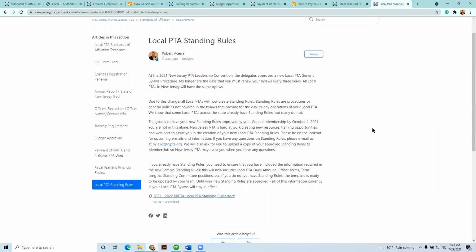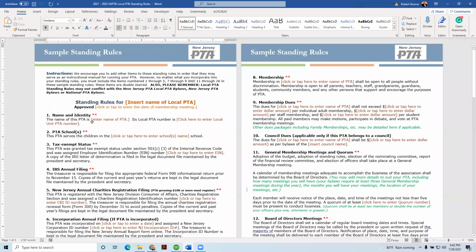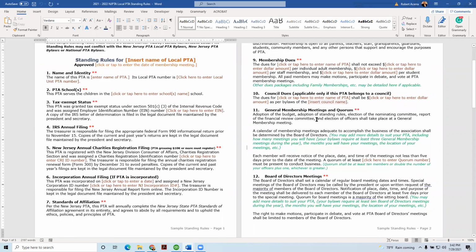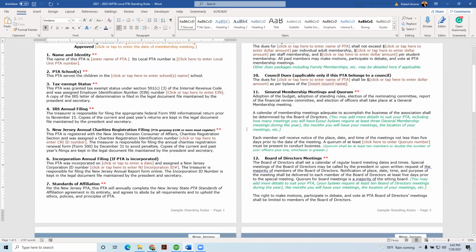can now be completed to ensure that you've included information as required by New Jersey PTA. New Jersey PTA has put together a sample standing rules with double-starred items. Take a look at this Word document and fill in the blanks. Most of these blanks can be filled in from what is now in your current bylaws,